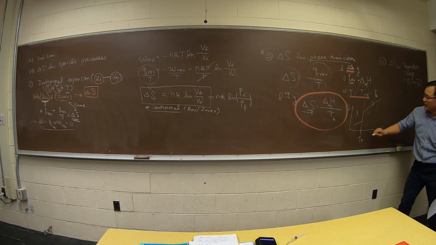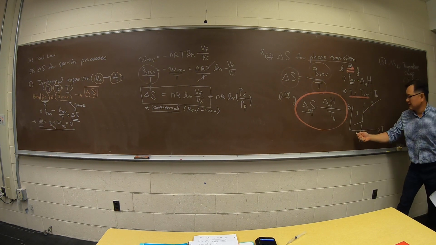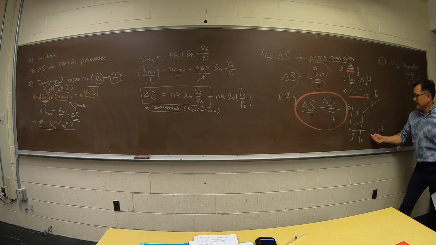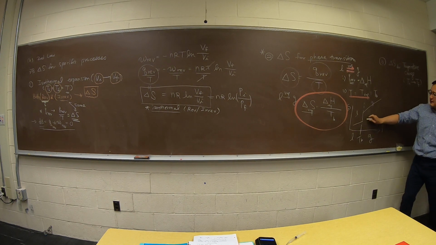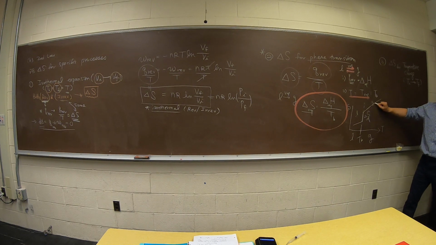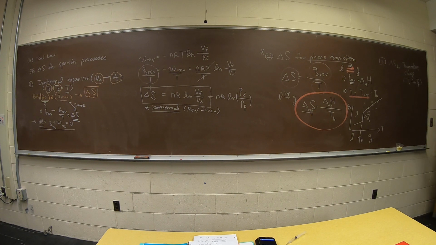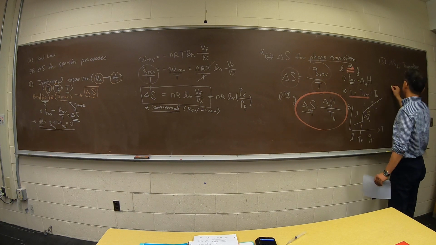Empirically we know that a temperature lower than the boiling temperature is a liquid, and at a higher temperature it is a gas. Graphically, there is some discontinuous change, which is delta S for the vaporization, and then they continue to rise. So what about this portion versus that portion? When you change the temperature, how can I calculate that? You just have to use the same thing. So the delta S,